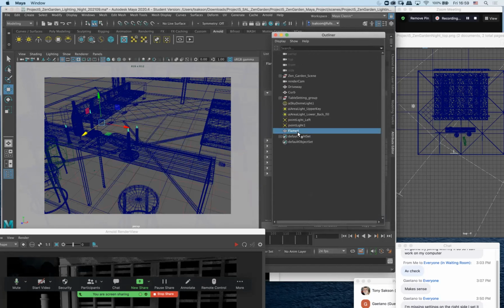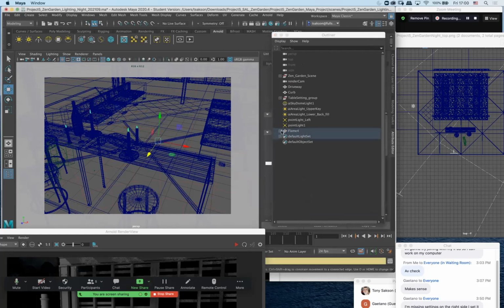And once you do that, there it is. Gives you a brand new single mesh. And that is basically what we convert into a mesh light. So if you accidentally select it, just select that new piece of geometry that's combined. Click the Create Mesh Light button. And now you've got a mesh light